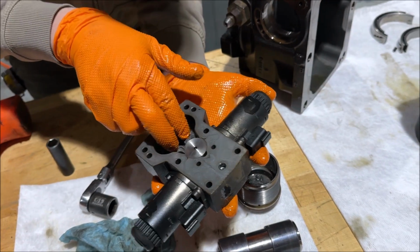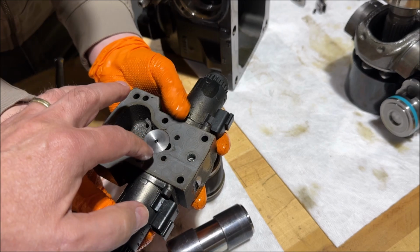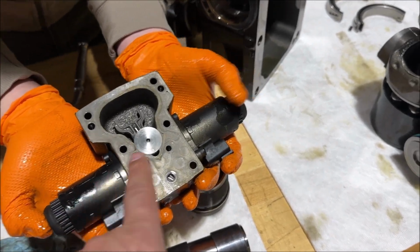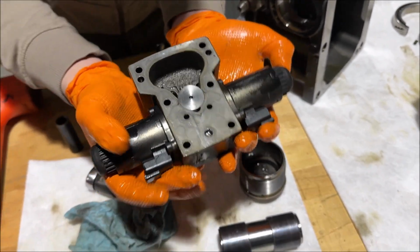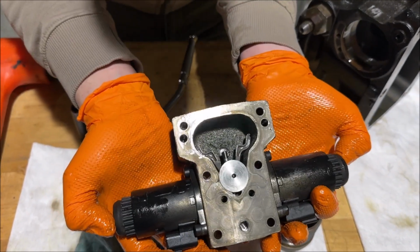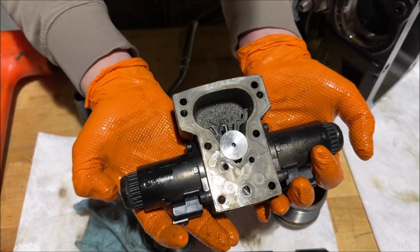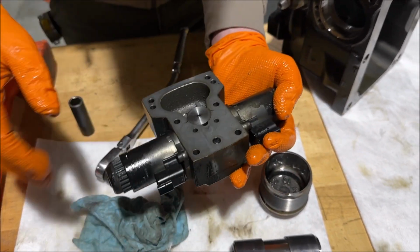So these two fingers, they're supposed to have a spring on there. Oh, that gives it the feedback. Okay. And what it does is it directs oil to these pistons, but it only directs it if these solenoids here on the end are pulling this valve back and forth. These ones have a manual control, so you can see that little thing in the middle. That's all they're moving. They're moving just an eighth of an inch or so, and that's all the movement to go all the way forward, all the way reverse, and all points in between, or 0 to max speed